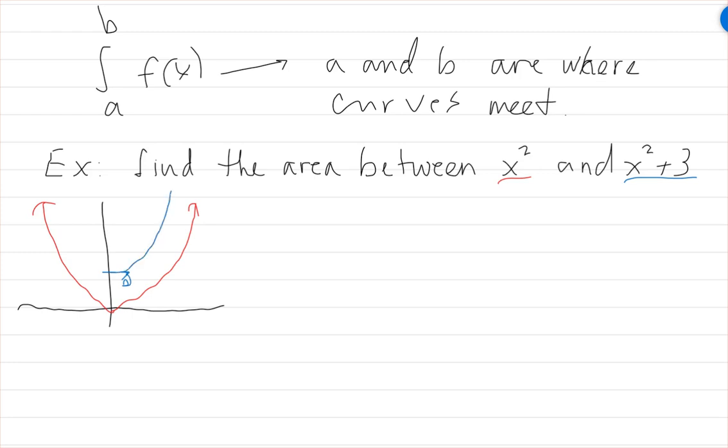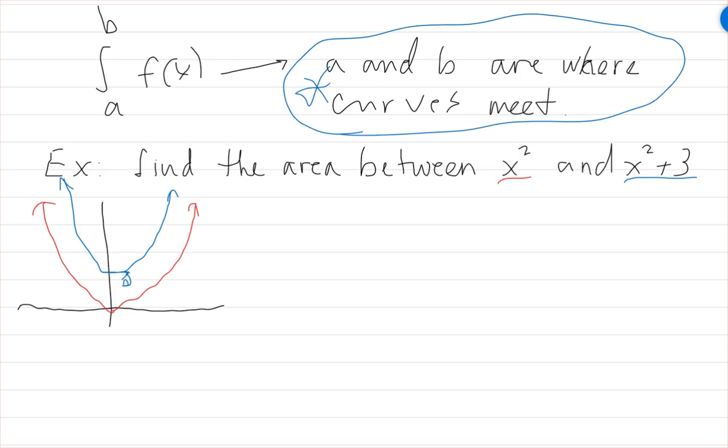And this guy's going to basically make the same shape. And these curves are never going to touch. And so you cannot apply this theory where a and b meet to curves that don't meet. So when you've got a situation like this,